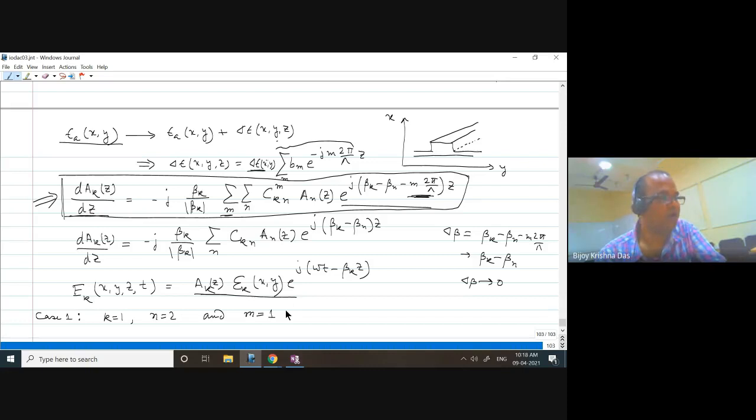You understand? I am just considering case k equal to 1 and n equal to 2. I don't want to consider any other mode. I want to restrict my discussion between two modes, k equal to 1 mode and another mode, mode number 2. And I want to see if they are having some kind of coupling because of m equal to 1. That means m equal to 1 means I'm considering only the first Fourier coefficient and first harmonics. Then if I just consider this case 1 in this equation, how will it look?